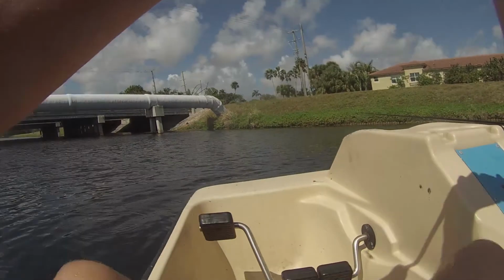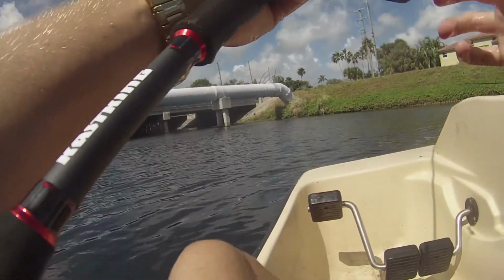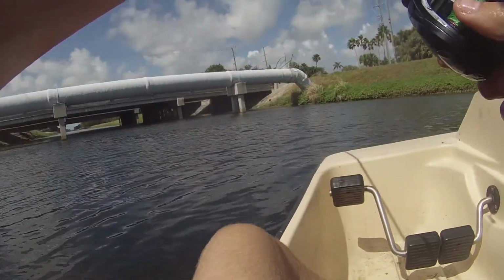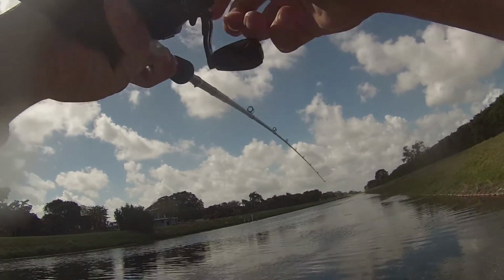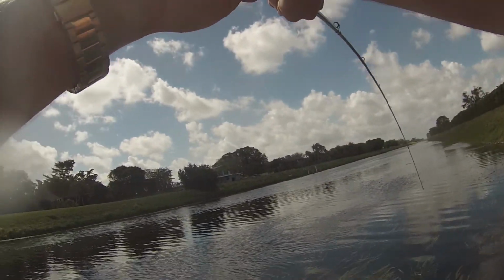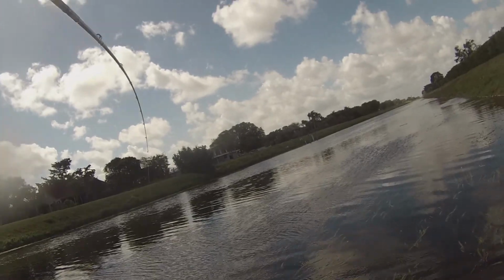Alright guys, we got a new shad on. And we are going to catch some monsters now. It is on. It is on. Oh my god, that was crazy, guys. Peacock ate it in the grass. It's just a peacock, but...